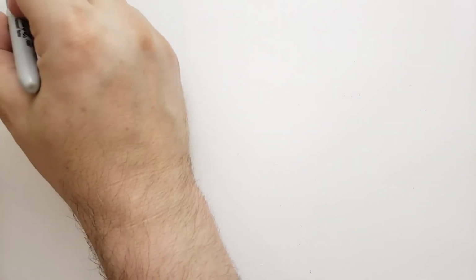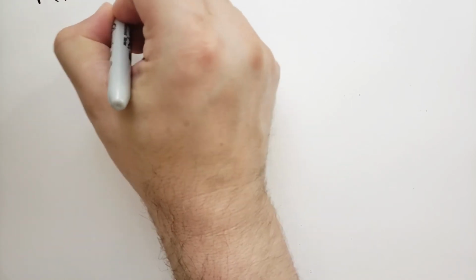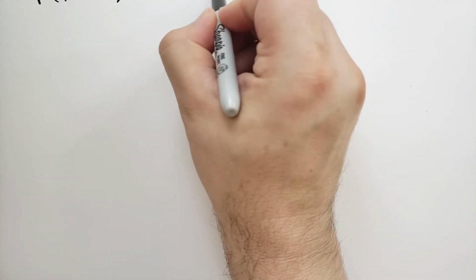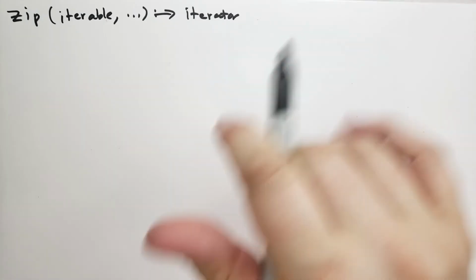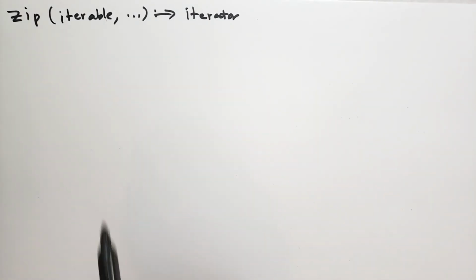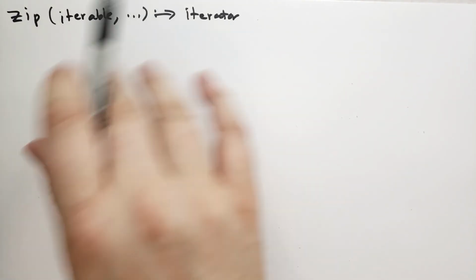The next one I'll mention is called zip. What zip does is it takes a series of iterators, or iterables, and it combines them together. Again, this returns an iterator. Let me actually show this to you so you can see what I'm writing. So zip takes a series of iterables and returns an iterator. What it does is it iterates through each of these iterables at the same time and joins them together into